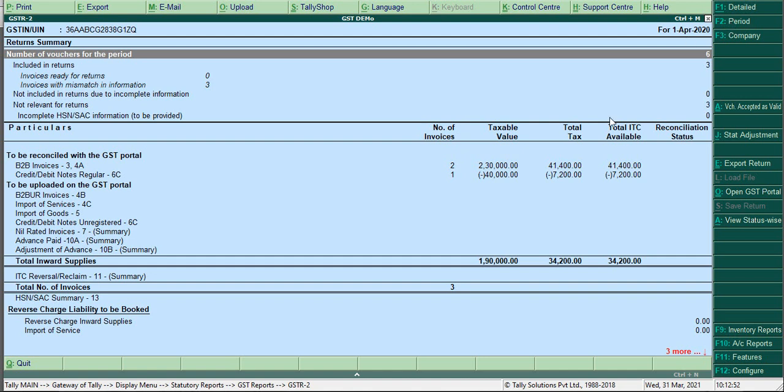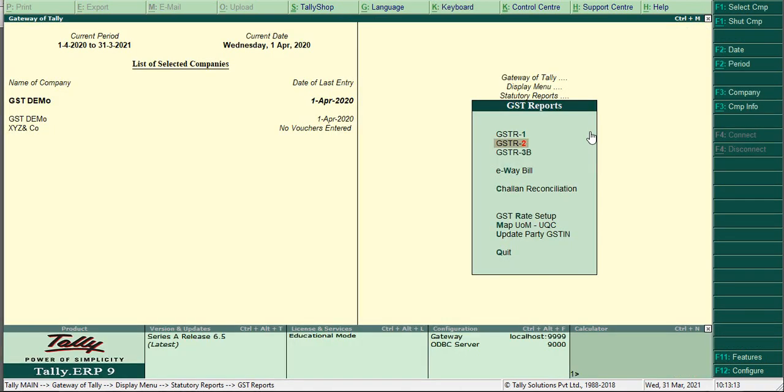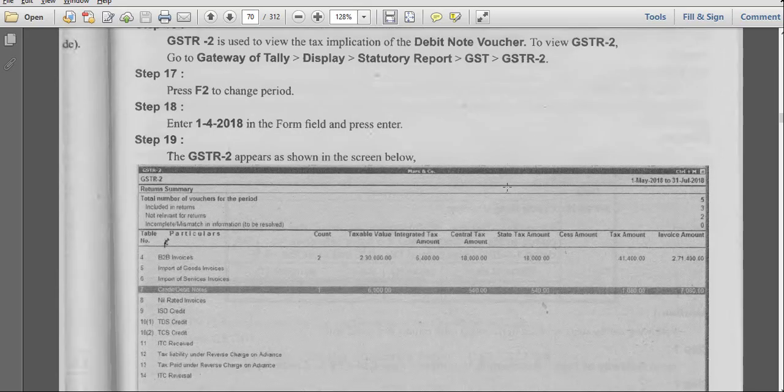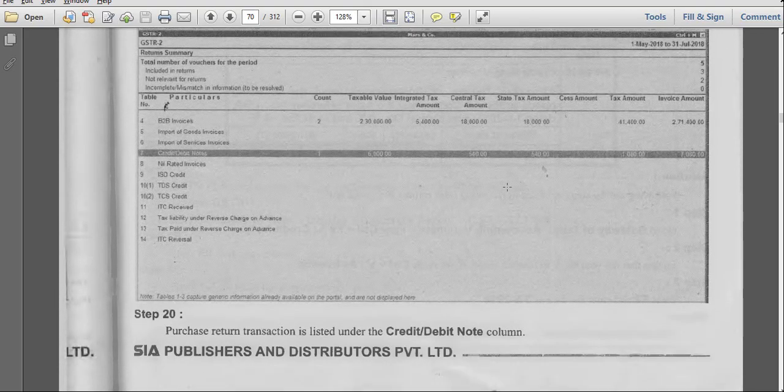See here, the total is 2,30,000. In this, the credit note is one transaction, minus 40,000. The amount is 1,90,000. These are the total purchases and these are the returns we did. Clear? So this is about purchase returns.